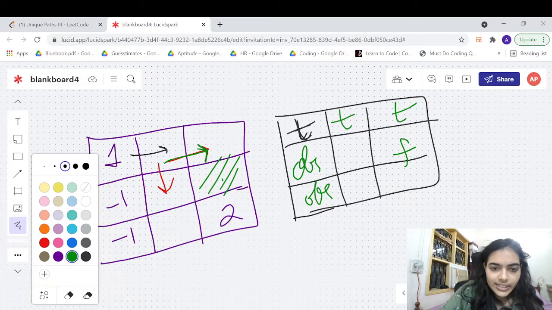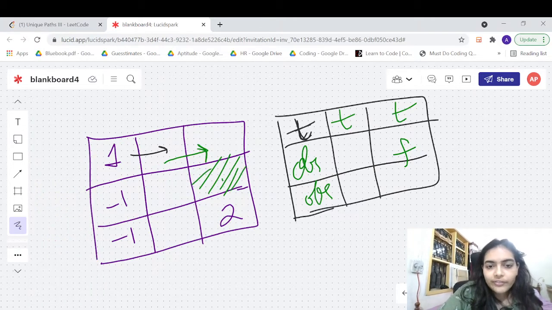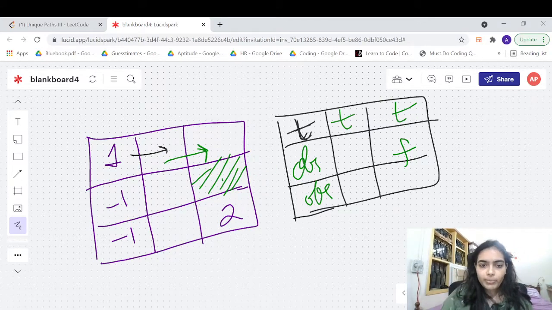When we come back to this cell, we made the call to this cell, we backtracked and came back to this cell. Let me remove this arrow so that it's not confusing. Again we have this cell. Now in this cell, you again had 4 possibilities, right? The top possibility is not possible because it's true. The right possibility is not possible because it is out of bounds. The down possibility we already visited. So we have the left possibility, right?